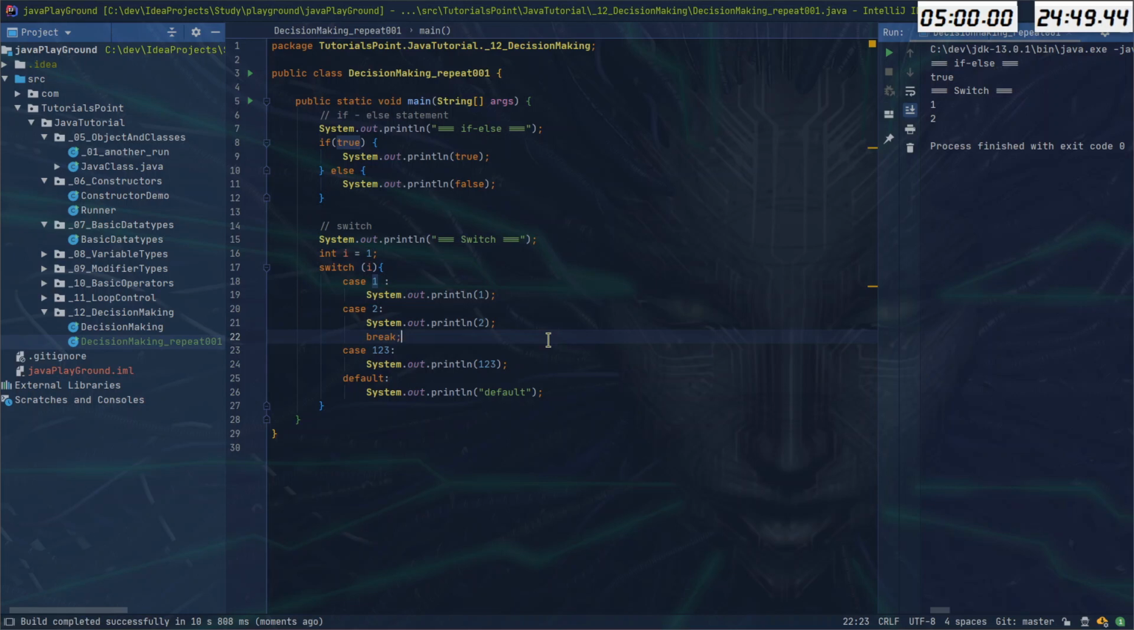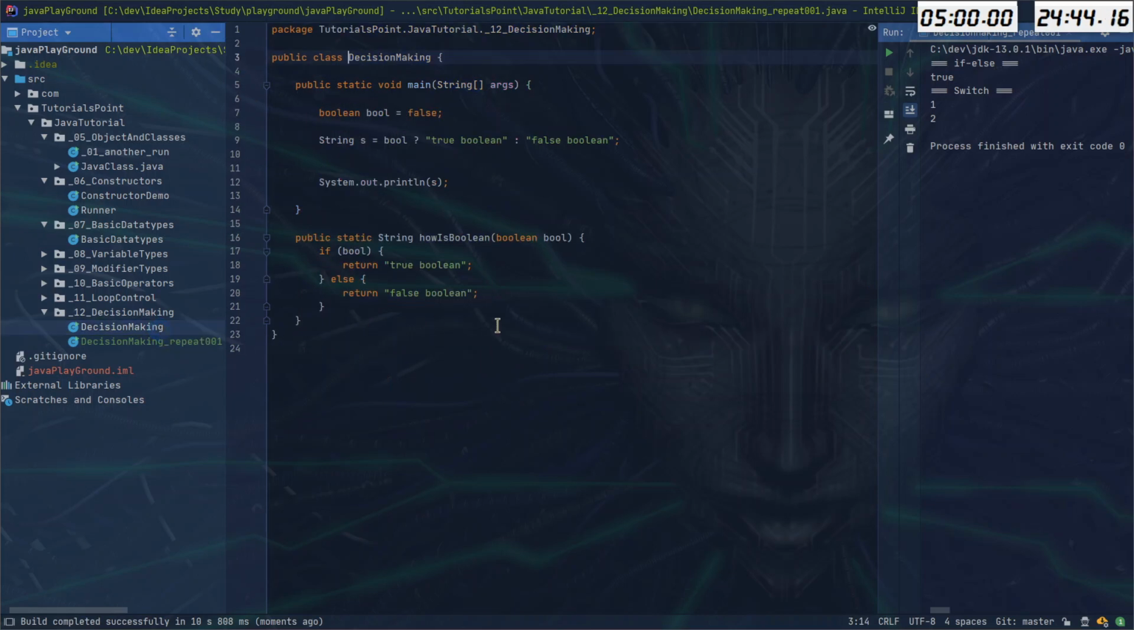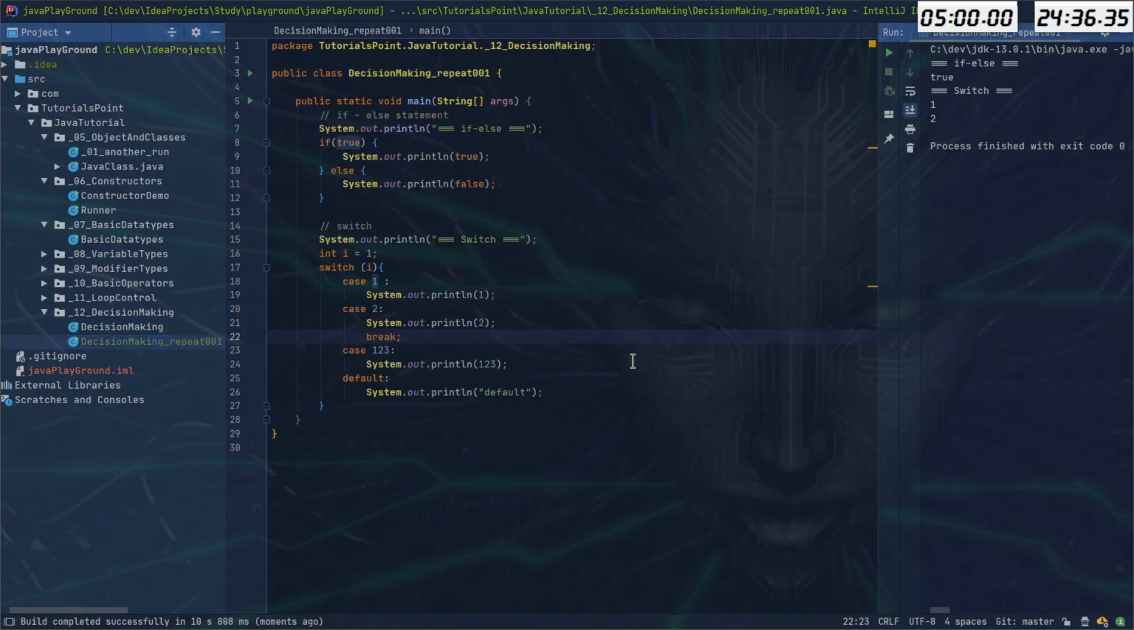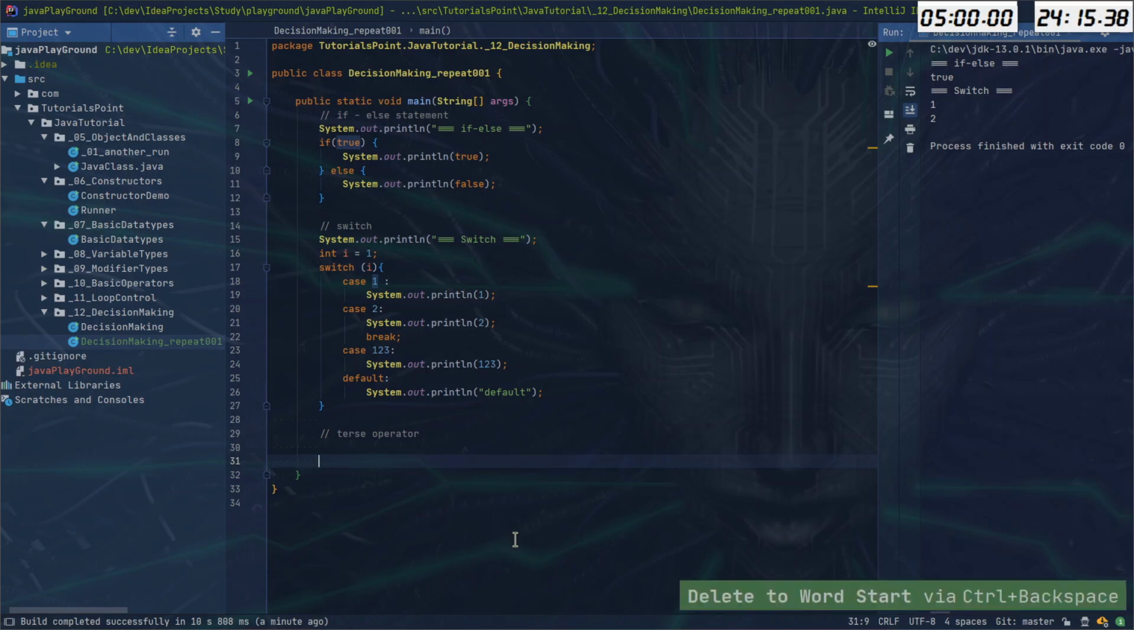Okay, so let's have a look at what they say, or we can have a look in here. Oh, the ternary operator, sure. So that is the ternary operator, and the syntax is like this. You have a variable